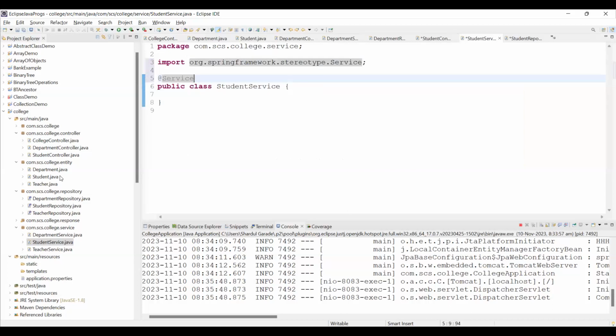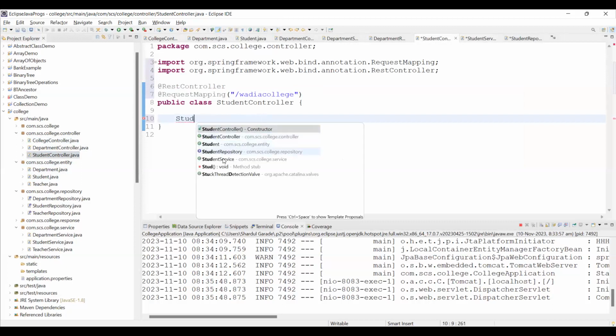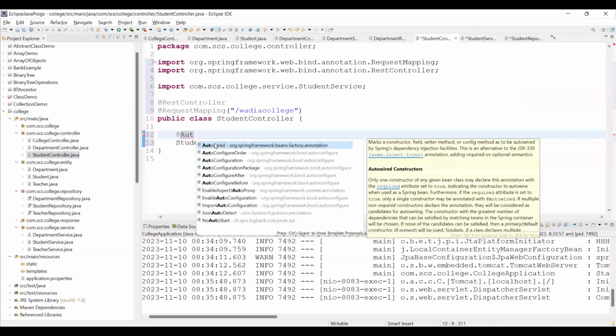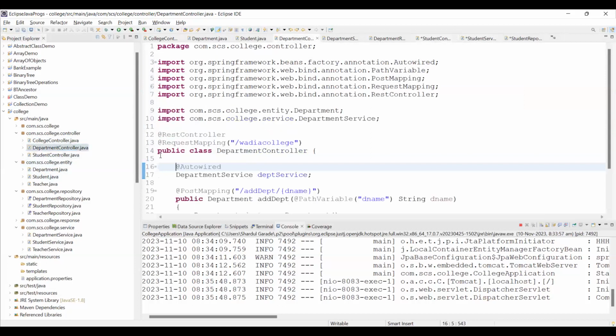This also is done. And the student controller is annotated with @. So now the controller will interact with the service. Let me take the student service and make an object of it, put service, and I want that object auto wired. Okay, once I get that object auto wired, now the student service just needs to create a